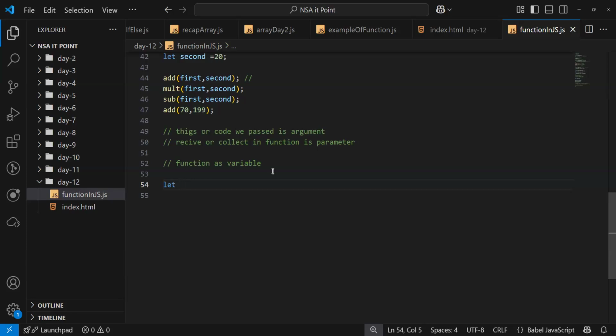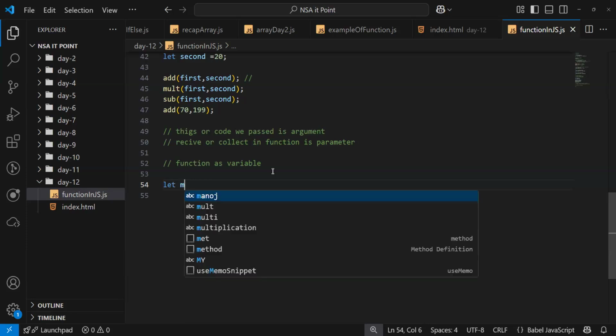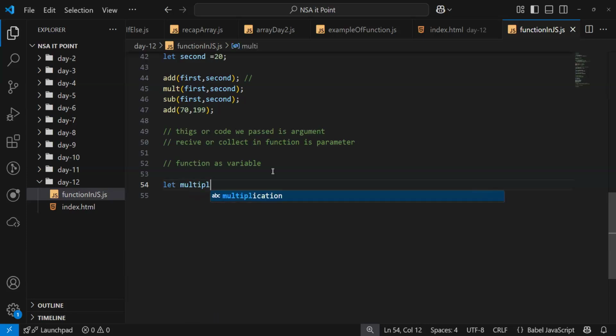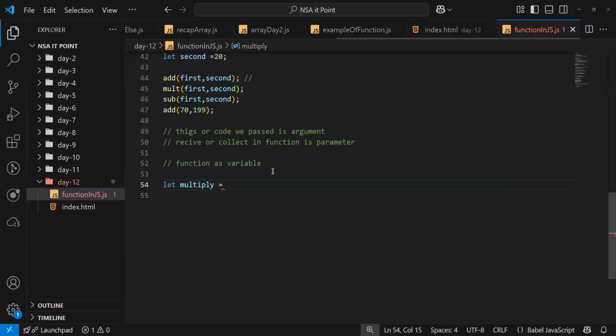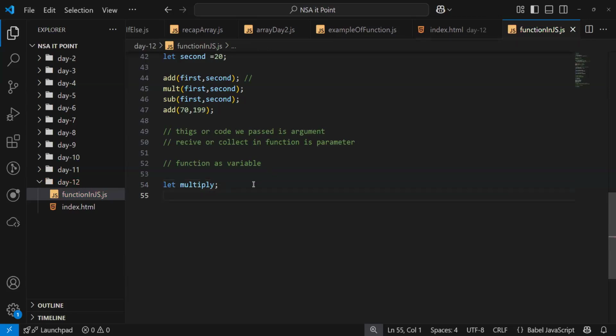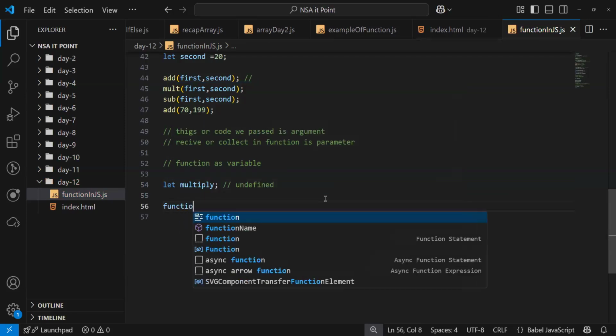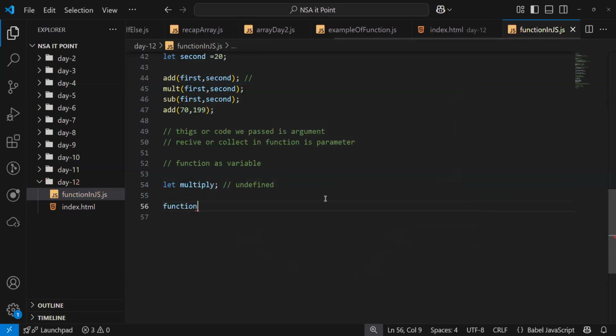Let's create a multiply variable again. I have created the variable, and initially it's undefined because we didn't assign a value. Now let's directly create a function.